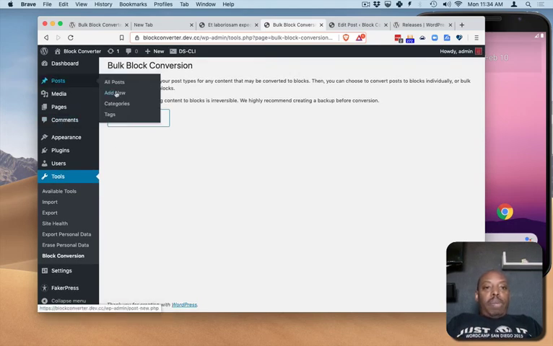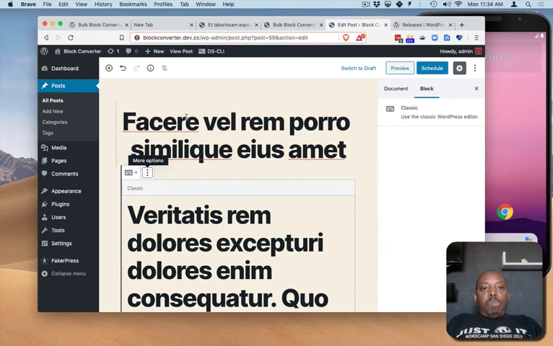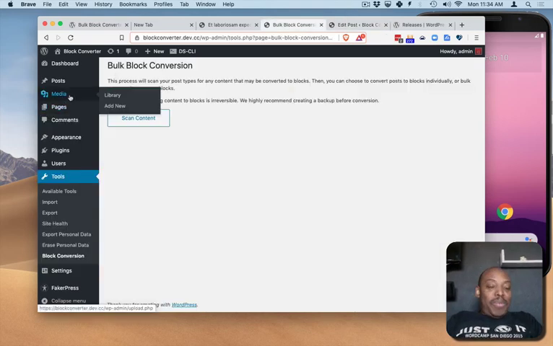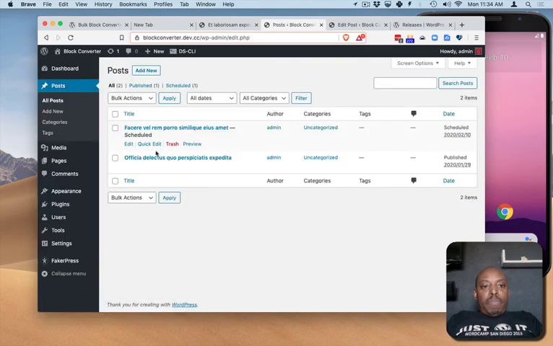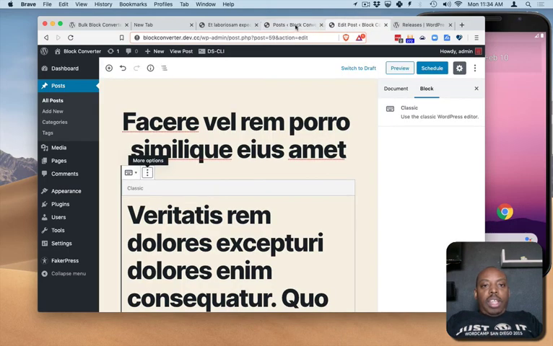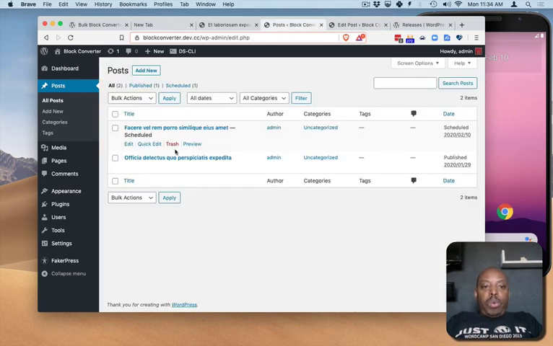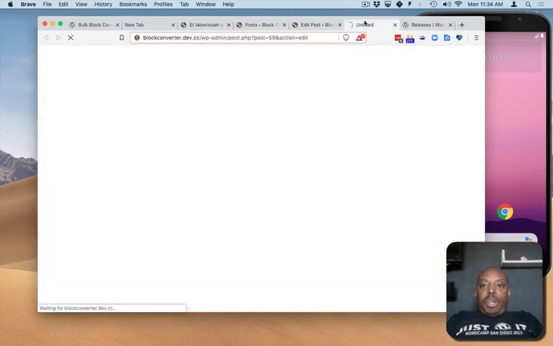So let's go back to, so this is a post, and this post is, I do not know what that means. Probably shouldn't have pronounced it that well. So let's go back to all posts over here. And let's look at this. So this was the scheduled post. And this was converted. But I haven't refreshed this tab. I opened it before it was converted. Now I'm going to open it after it's been converted. And we are going to see the results. So let's go here, under edit posts,